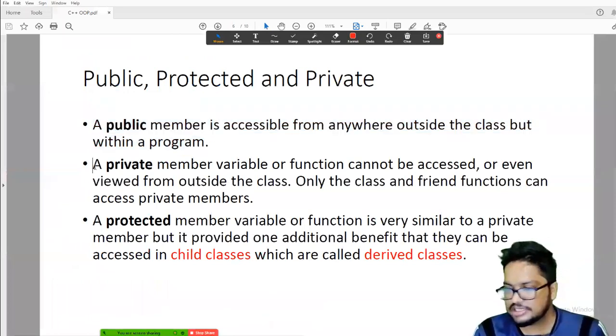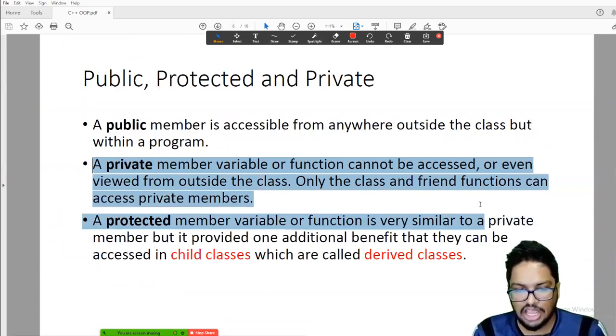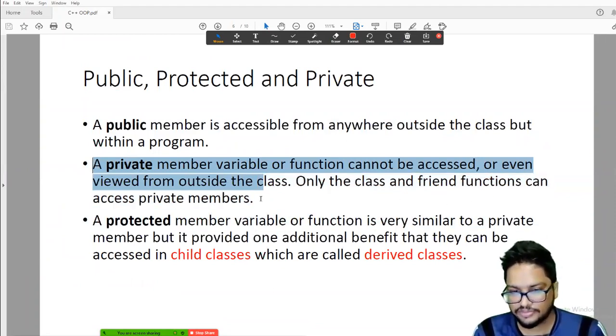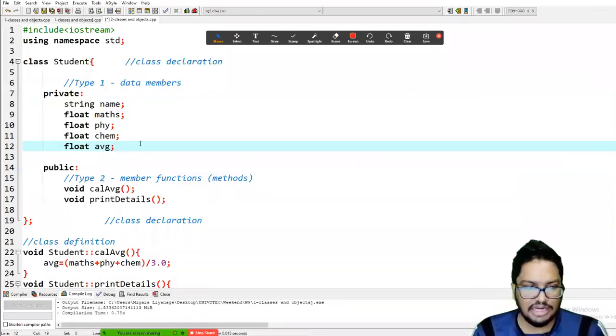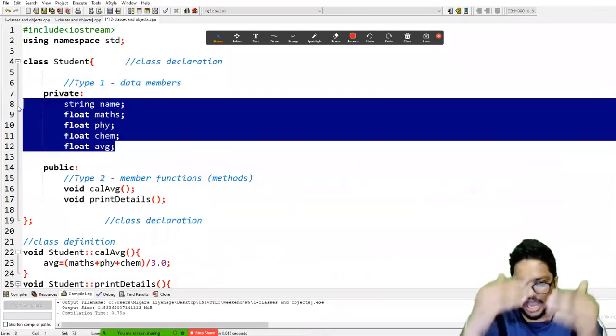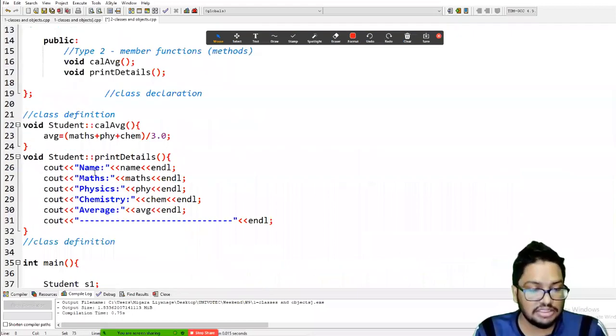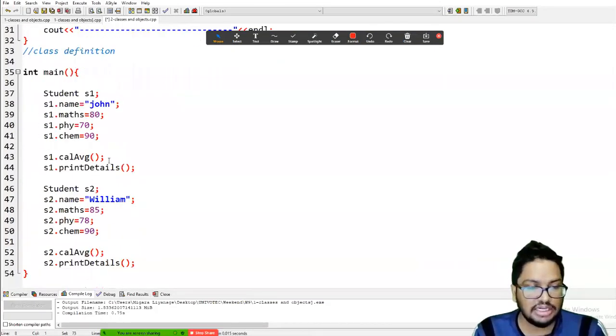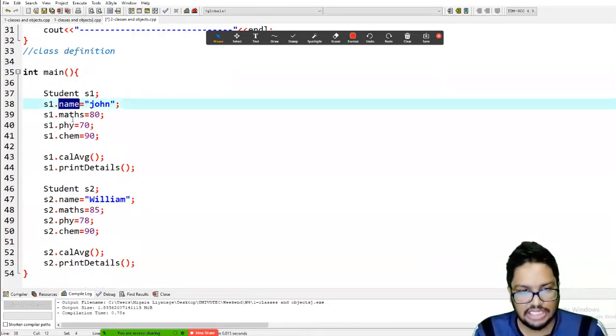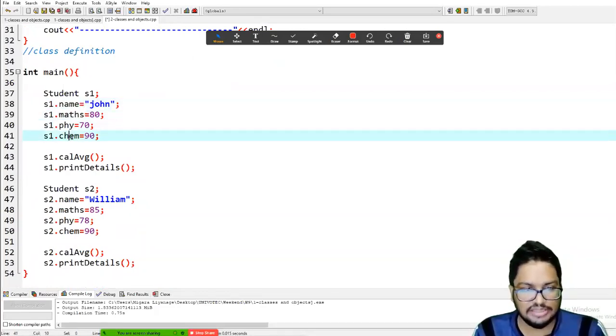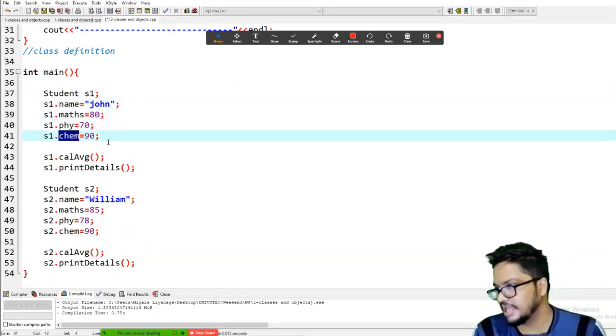But a private member variable or function cannot be accessed or even viewed from outside the class. That means once these are declared under private, you can't access them like s1.name, s1.maths, s1.chemistry.